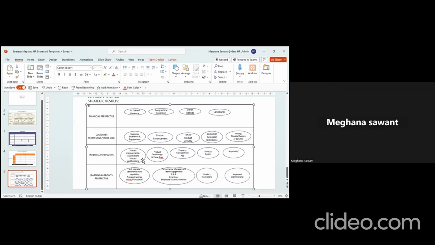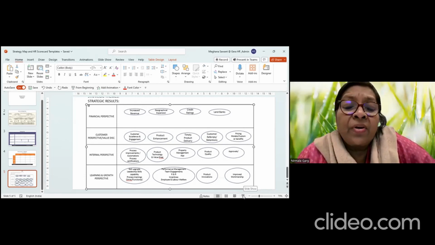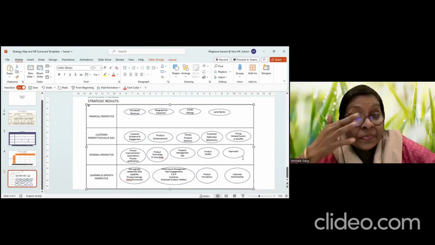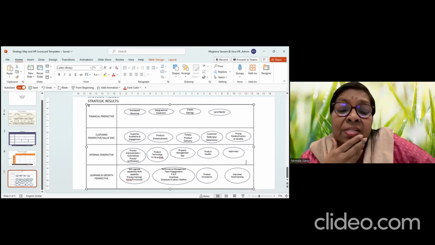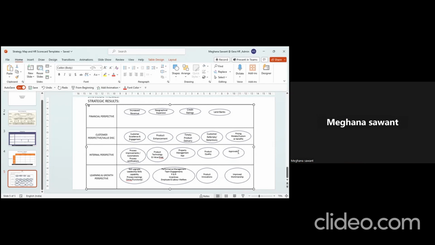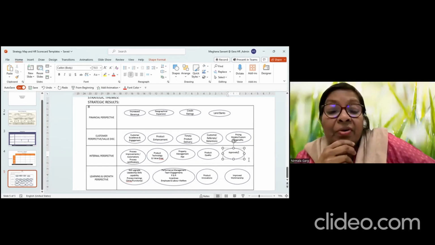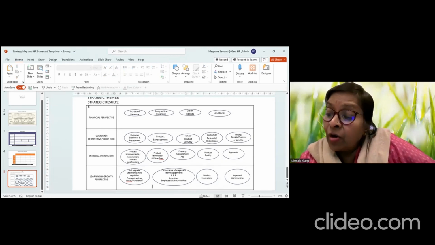You have written product technology, value engineering, product quality, approvals. You'll have regulatory approvals also, because you will have external stakeholders as well, right? So all that has been comprised into these approvals, which are your government related, environmental clearances and all that particular stuff. These are regulatory approvals, clearances, etc.